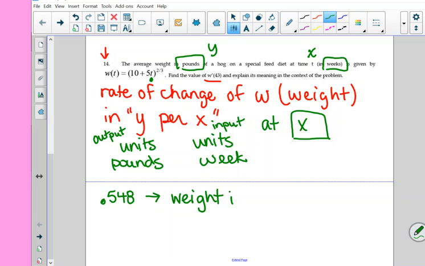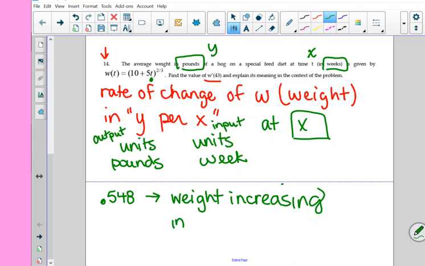How is it changing? It's increasing. If I get a positive number, whatever I'm measuring the change of is increasing. If I get a negative number, whatever I'm measuring the change of is decreasing. So the weight is increasing